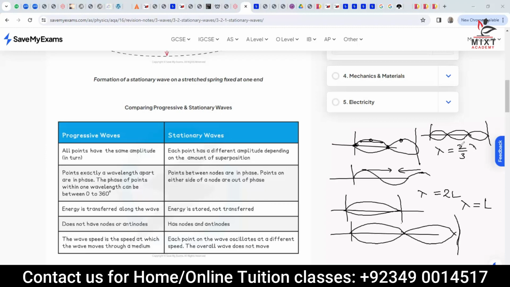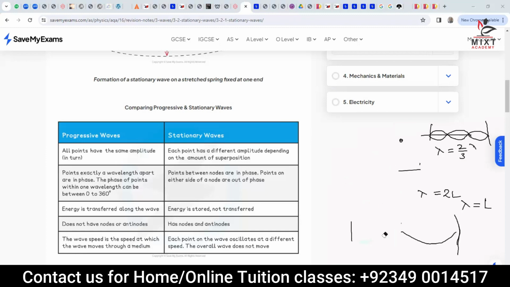Sir, for the first one, is it L over 2 or 2L? You mean this one, where it says lambda is equal to 2L? You mean overtone you're talking about? The first harmonic. I will tell you. Just give me a minute. I'm just revising it so that things are easy. I will tell you what overtone is, what everything is, because this is our topic, and that's what the revision is. What my point is at the moment, let me draw it again.